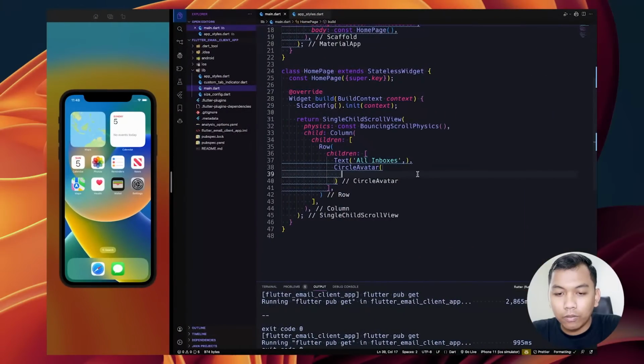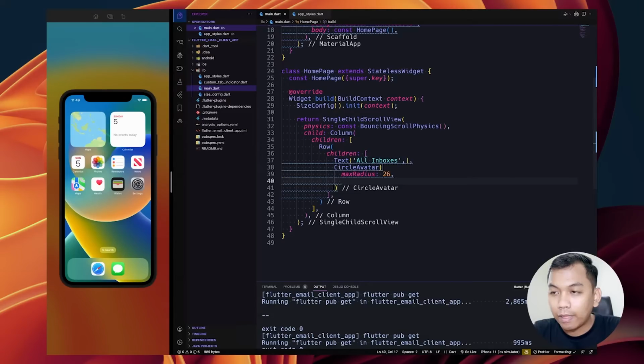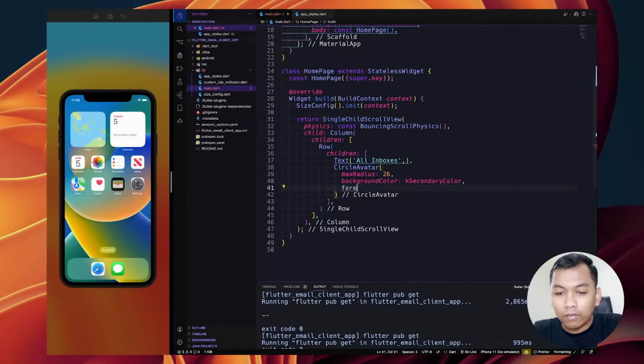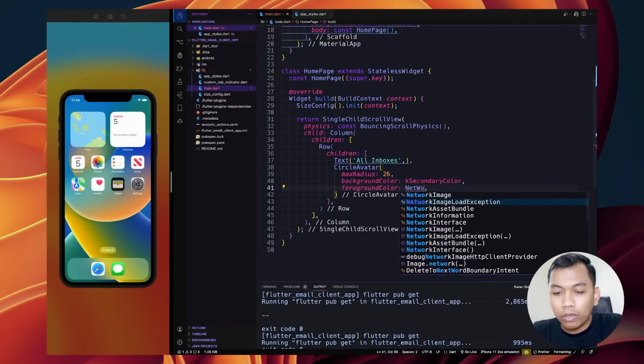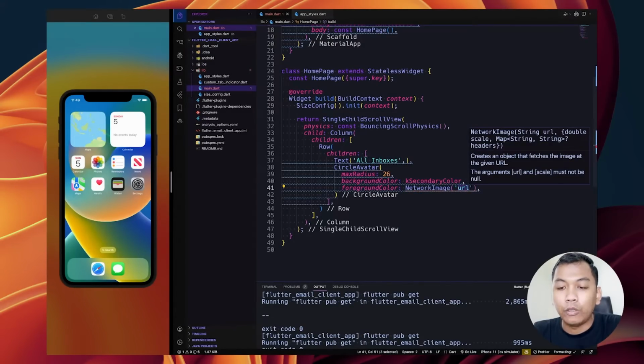The radius will be... 52 is the diameter, so the radius is half of the diameter, so we can say max radius 52 halved will be 26, and background color will be K secondary color, and foreground color will be network image, and we need to provide the URL here.